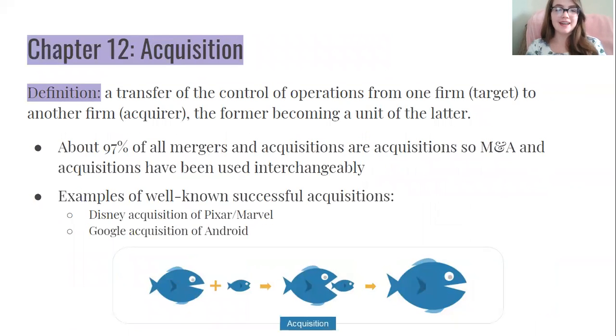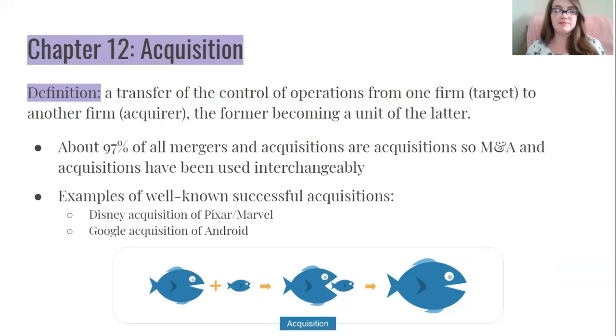Okay, so for our last concept, acquisition, this comes from chapter 12, and it's defined as a transfer of the control of operations from one firm labeled the target to another firm, the acquirer. So the target becomes a unit of the acquirer. Even when referring to mergers and acquisitions, because acquisitions take up about 97% of all mergers and acquisitions, a lot of people just use mergers and acquisitions